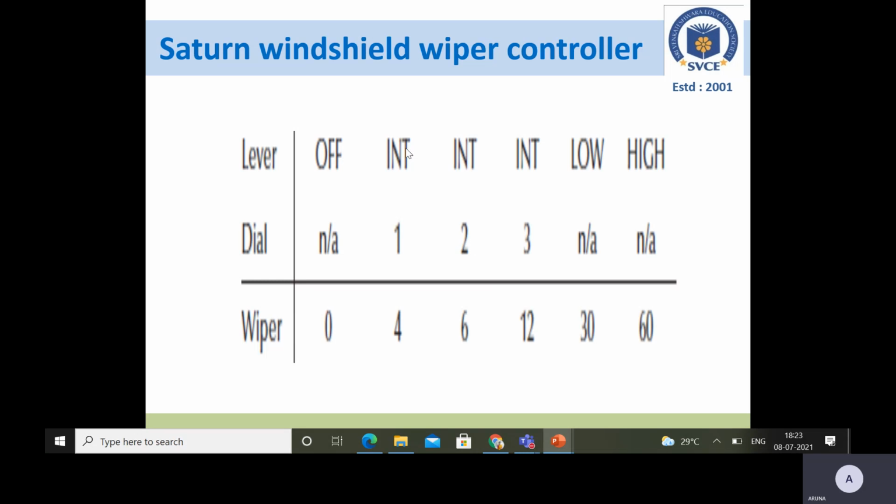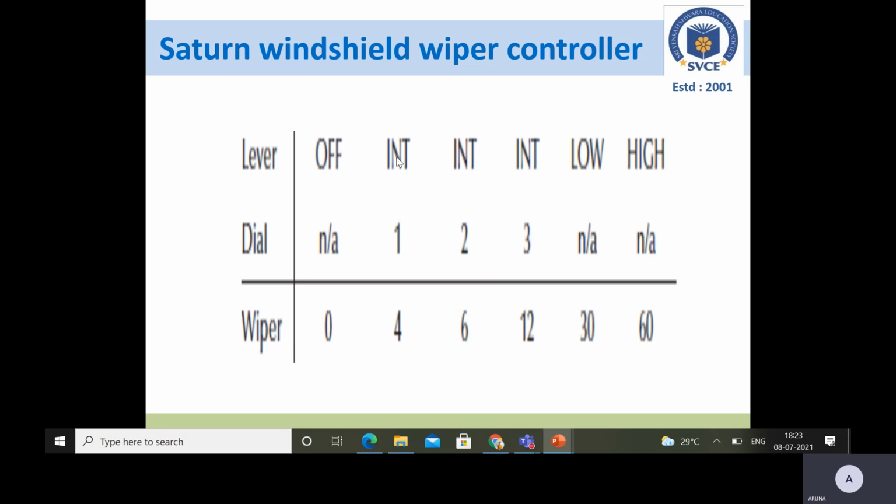The decision table shows the windshield wiper speeds, wipes per minute, for the lever and dial position.